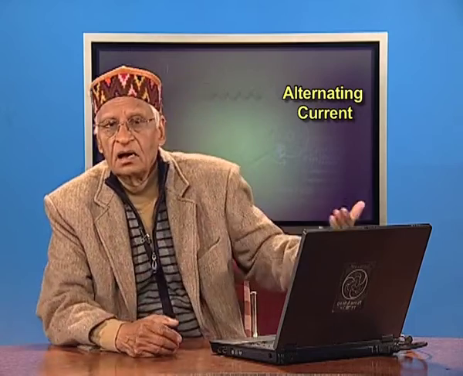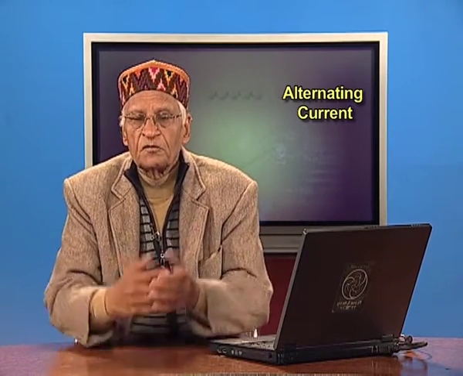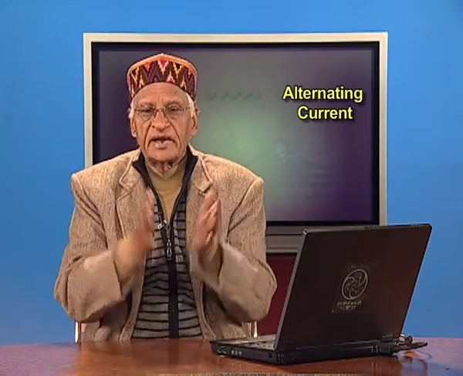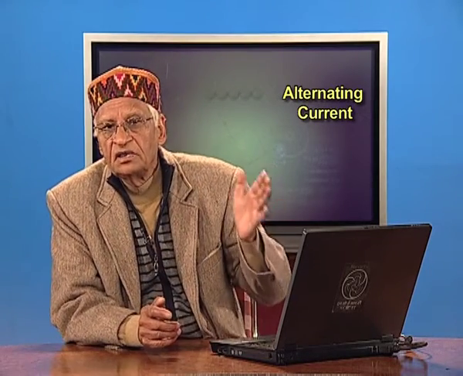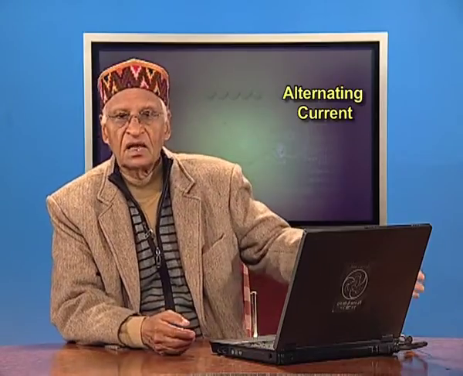So, we also saw that we cannot deal with averages, because the average of a sinusoidal function is 0. Therefore, we have to deal with the square of these functions: we shall square them, take the average and then take the square root. That means we deal with RMS values, root mean square values, right. So, with this introduction, let me go straight to the circuit.